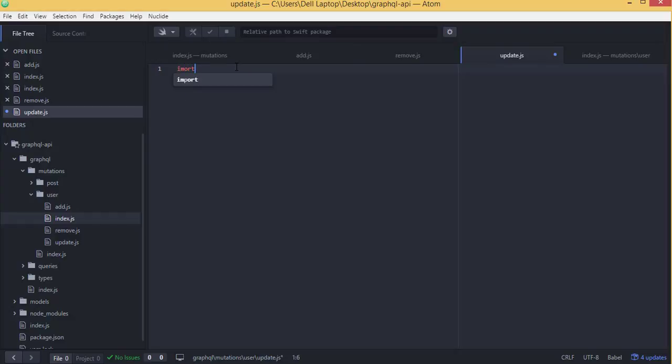Now let's go to update.js and import GraphQL non-null, GraphQL ID from GraphQL. Also import user type and user input type from GraphQL types folder. Import user models from models folder